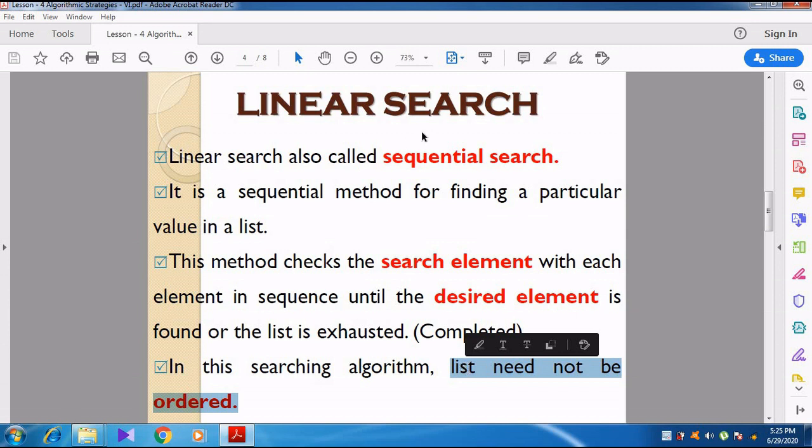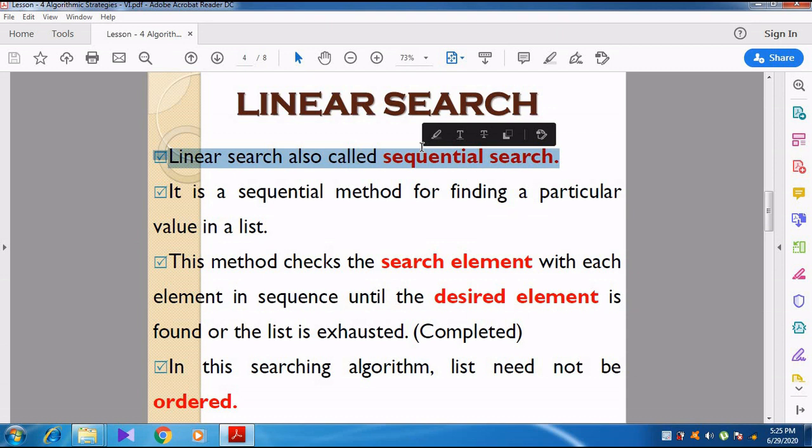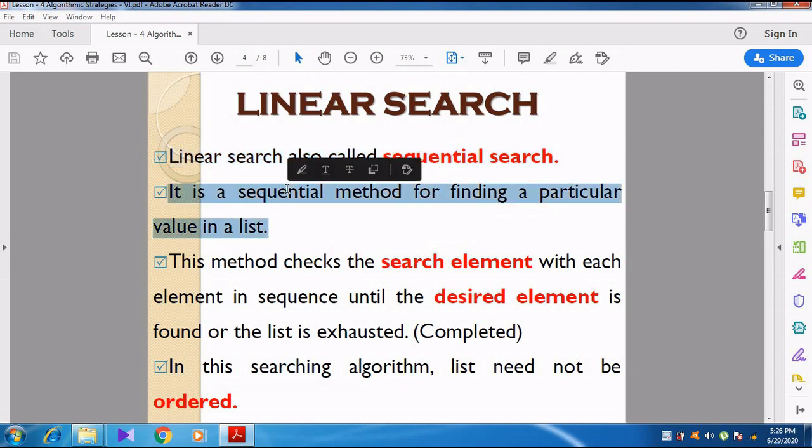Again I repeat, what is meant by linear search? It's a very important topic, so I repeat some key points. Linear search is otherwise called sequential search. We find a particular value in a list.